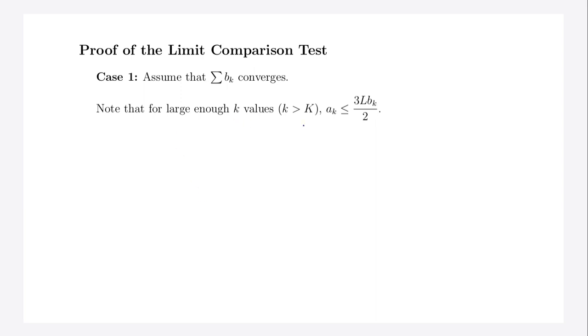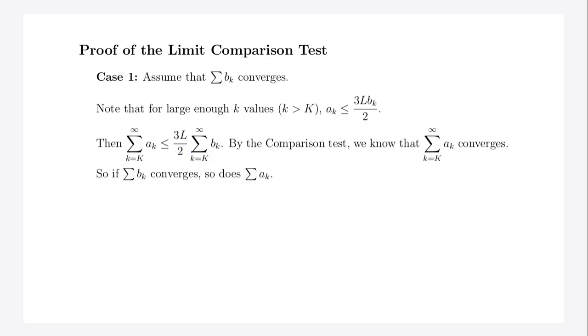So for large enough K values, K greater than this capital K, we have just this part of the inequality that I care about. The reason I care about this is because I know this thing converges, and so I want to use the comparison test, and I want to look at something smaller than it. All right, so the ordering of these series acts the same way. Notice I'm only starting my index at this value of K, this large index. I'm saying everything before then, the ordering might be a little bit off, who knows, but at least after that,